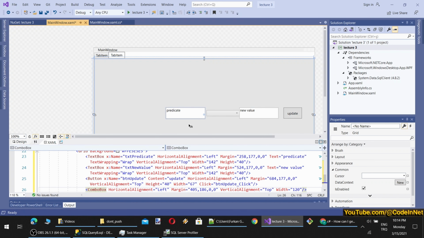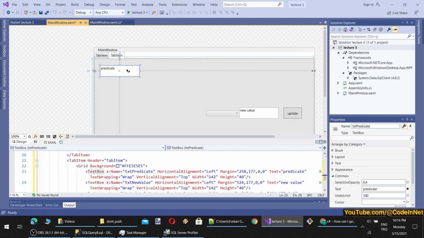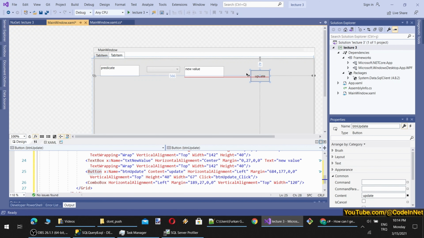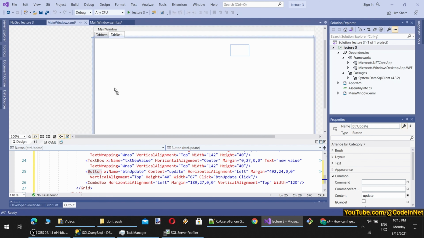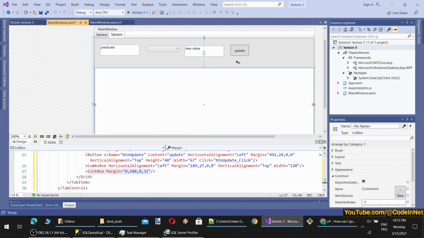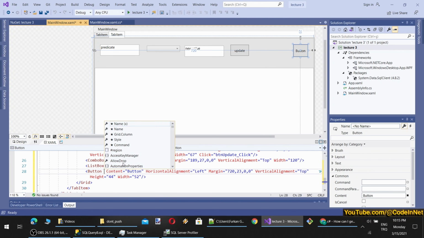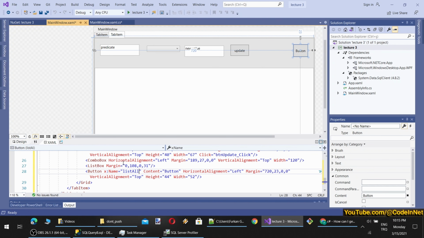Okay, and this is the second grid we have. Now it's easier to see them. New value update, and let's add this box another list here. Good. And let's add a button to list this box. Okay, name it list all records, whatever. We can name or define it as we want.